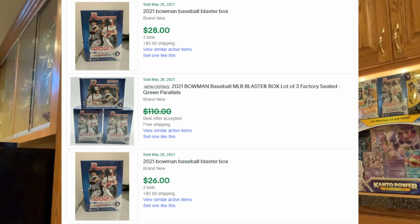I believe retail is $25. So you're basically paying retail if you want this product. So now is a great time to pick up some Bowman Baseball. Obviously, they've been printing a lot, and obviously baseball is not the most popular sport for sporting cards, so the price isn't going to be as insane as NFL and NBA, but